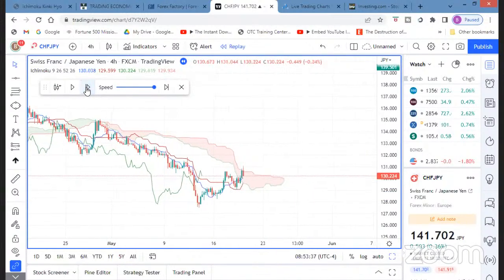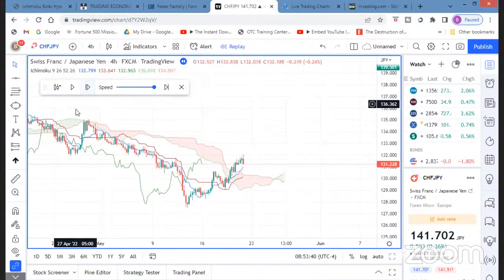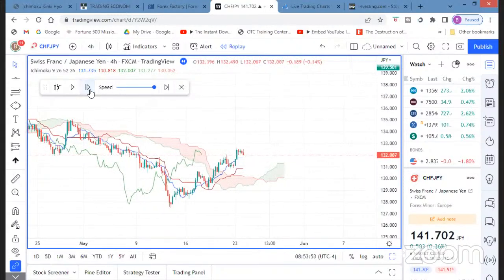See? Watch. See the cross? See the cloud change? See a Chikou span through price? Because that's how you get confidence to say, right? That was the beauty of